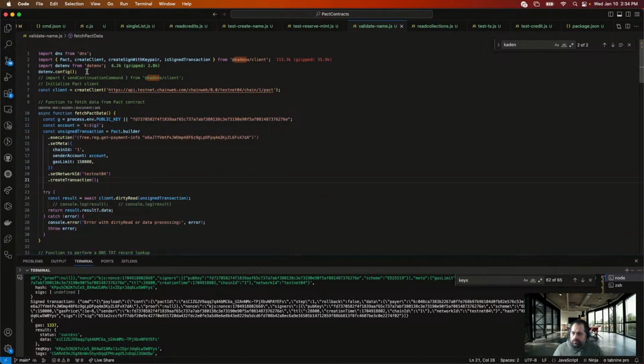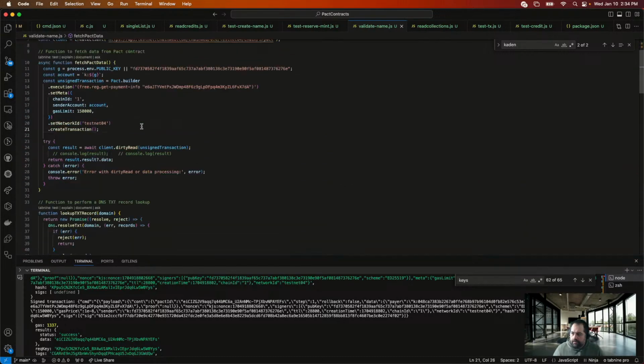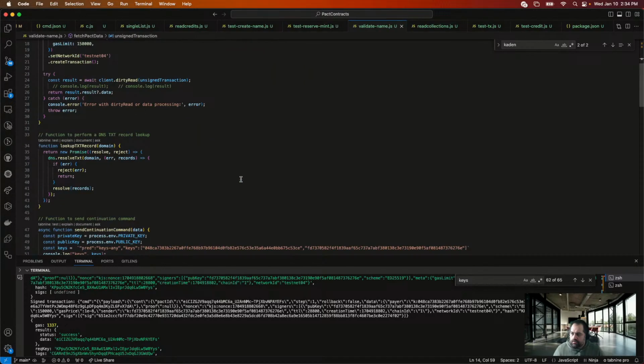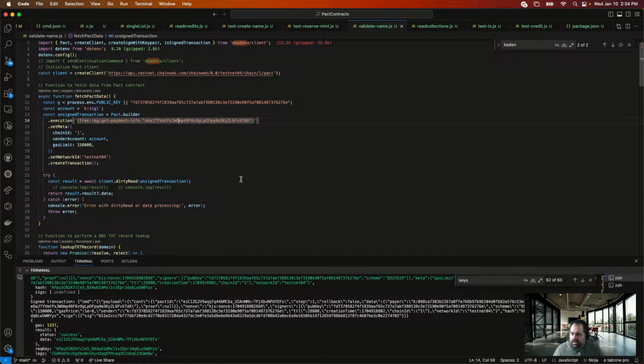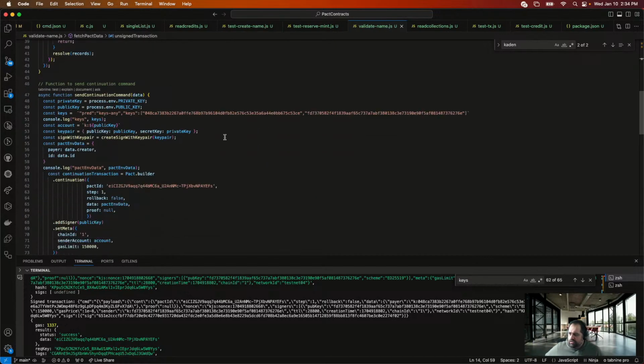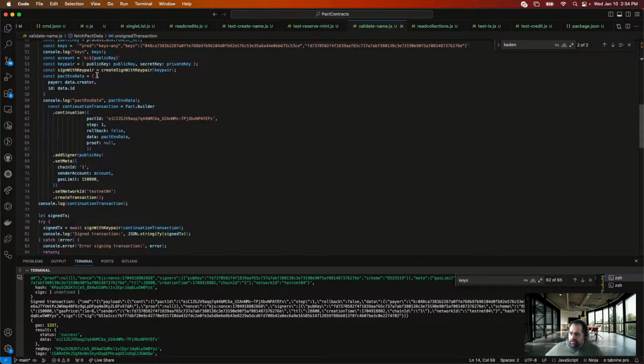So fetch pack data. So it's going to check. Why is it checking that I paid? I don't know. It's checking if I paid for some reason. And then this is our backend code. So we're signing with our key pair. If everything validates, we want to sign with our key pair. It's just like a